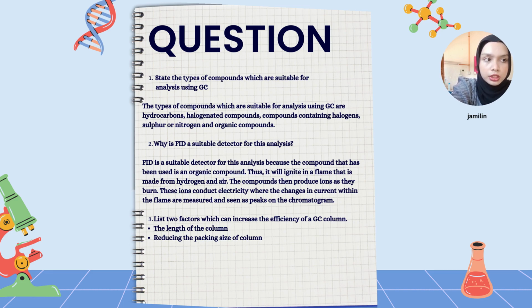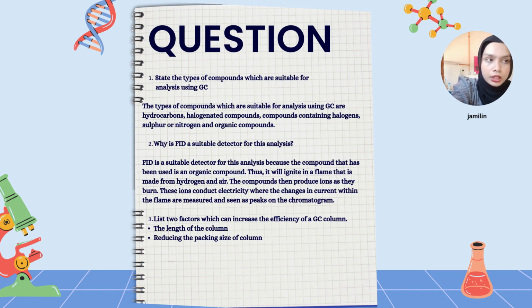The second question is, why is FID a suitable detector for this analysis? FID is a suitable detector for this analysis because the compound that has been used is an organic compound, thus it will ignite in a flame that is made from hydrogen and air. The compound then produces ions as it burns. These ions conduct electricity, where the changes in current within the flame are measured and seen as peaks on the